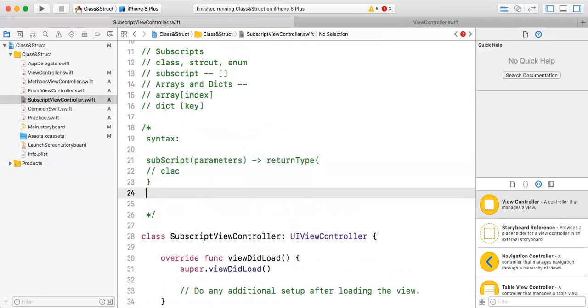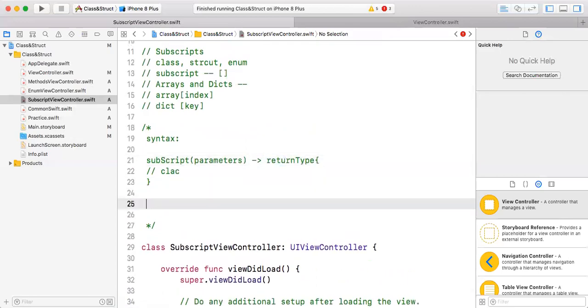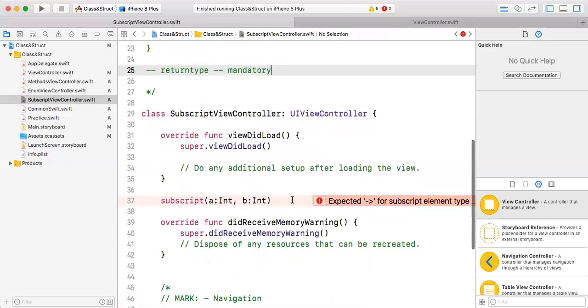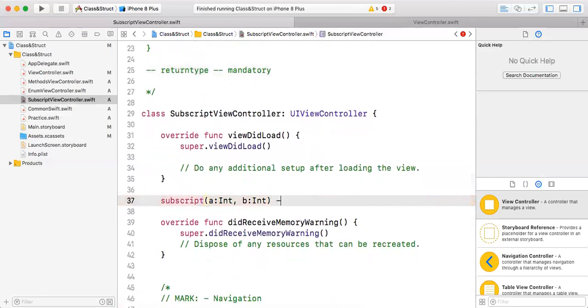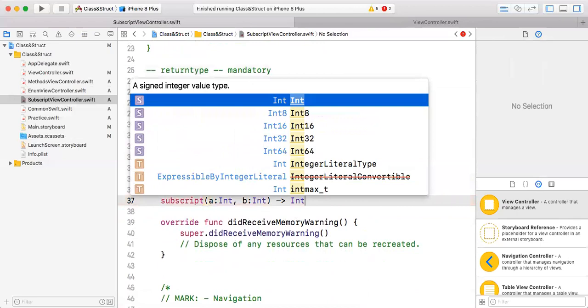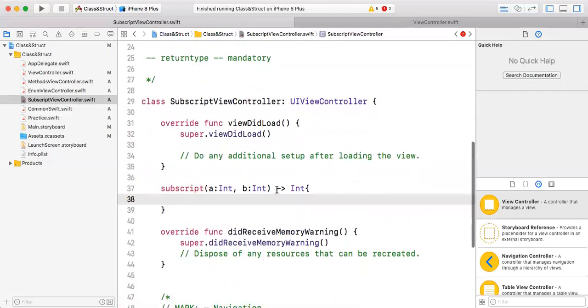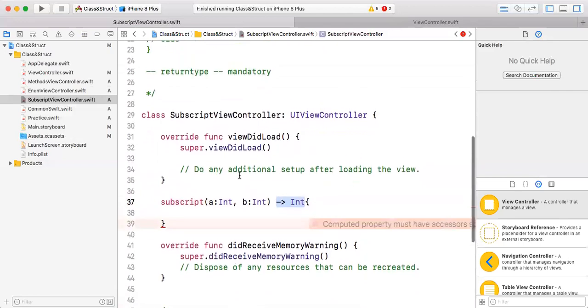Here the return type is mandatory. In functions the return type is not mandatory, but here it is mandatory. When there is a return type, you always have to return the value, as in functions too. So return